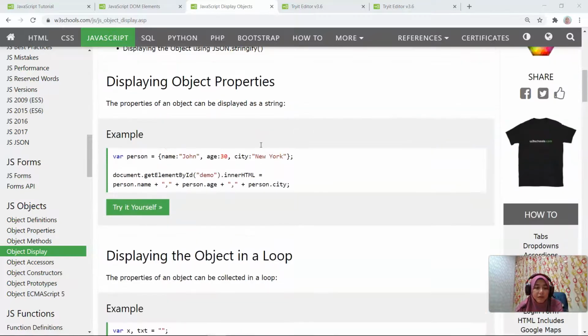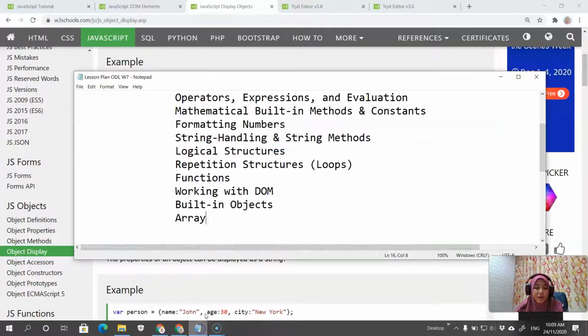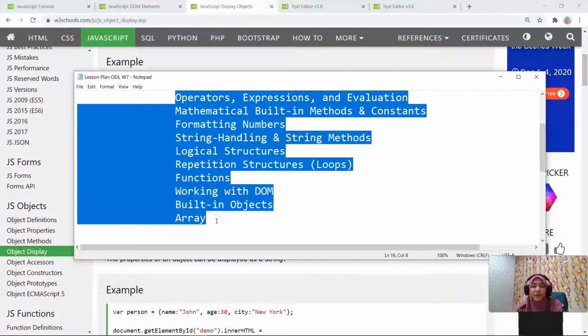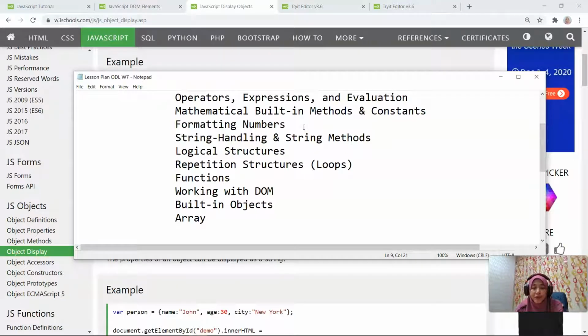Okay, I think that's all we have covered in our syllabus for this week, which is the next part of JavaScript related to the very basic concepts of programming. And then in the next part, I will show you example questions and also the solutions, how to solve the questions. After that, we will continue with JavaScript and forms. I hope that you can look again at the theory part: how to declare, how to use if else, looping, functions, and the structure in the DOM that is related to